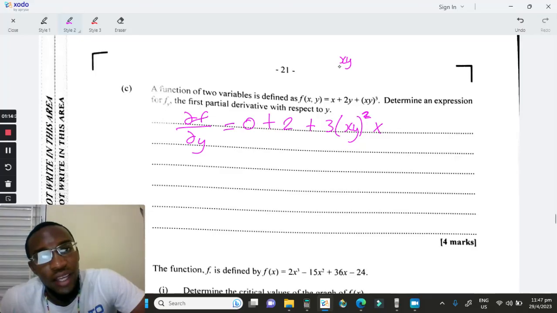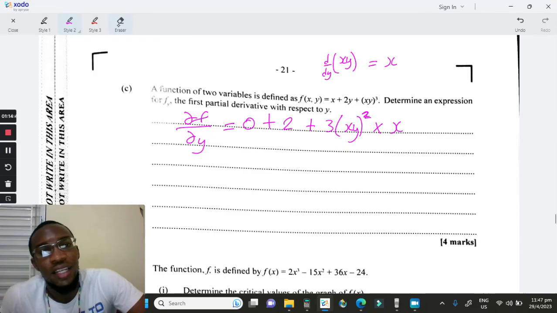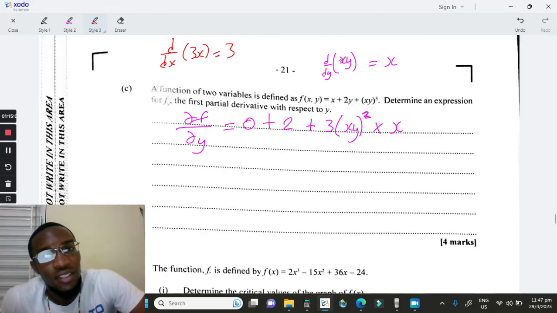Now the derivative of xy is just x. When you differentiate xy with respect to y, you get just x. Drop off the y. Alright? It's just like if I ask you to differentiate 3x with respect to x, you just tell me 3. So if you differentiate xy, and x is a constant, x is a number, like 3y, then you just get 3. So that means ∂f/∂y is equal to 2 plus 3 times x,